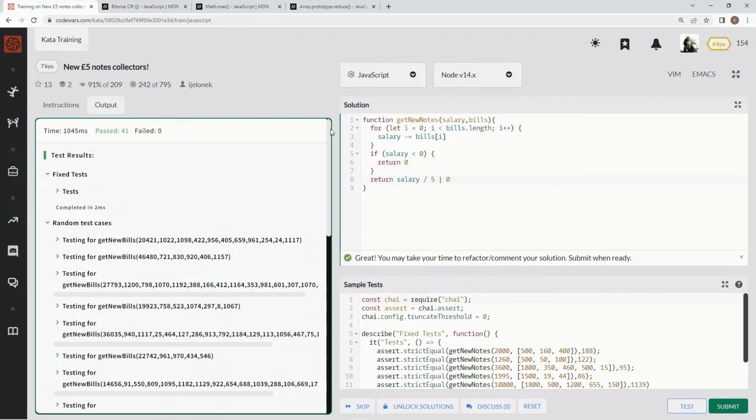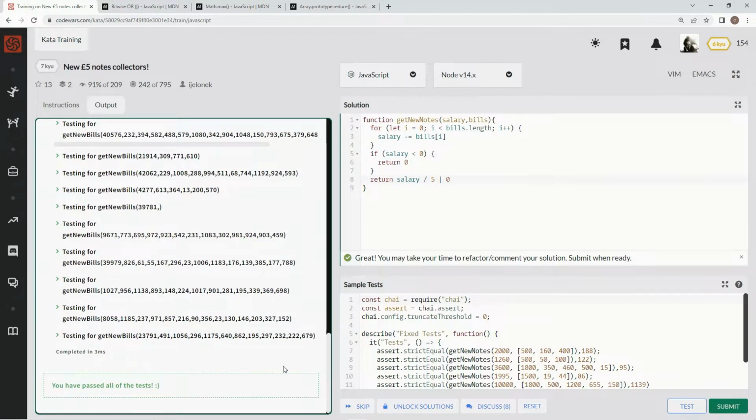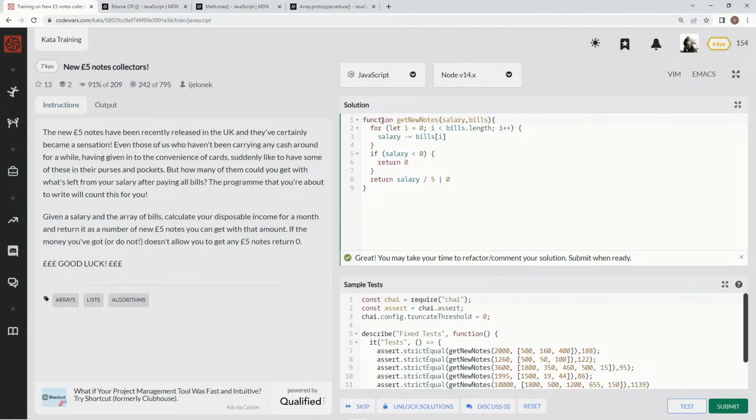Good. Attempt it. All right. And let's see how long it takes. 3 milliseconds. That's pretty fast. Let's see if we can beat it with the concise syntax, or if we've got to come back and submit this one. All right. So what we're going to do here is first start by saying const